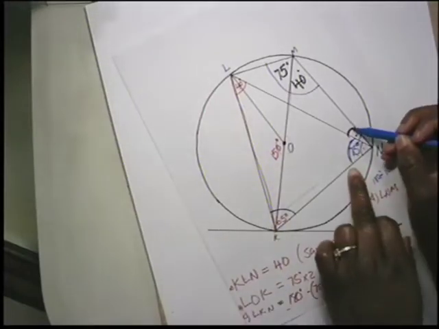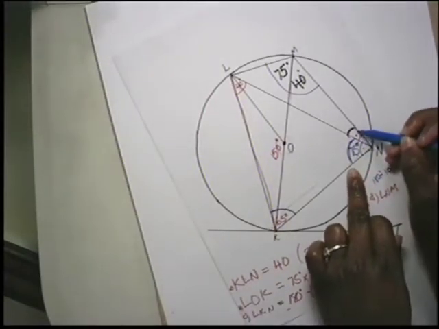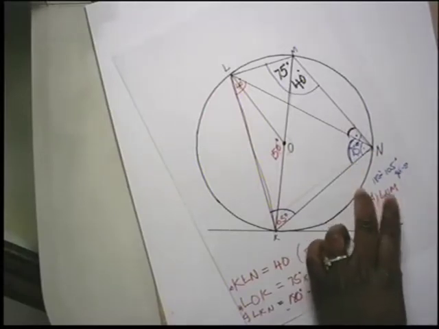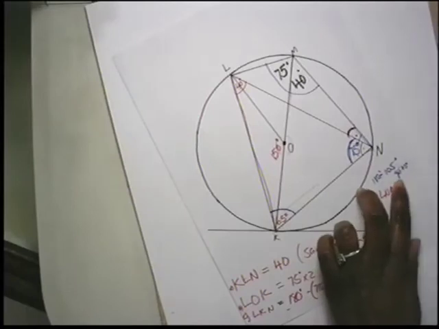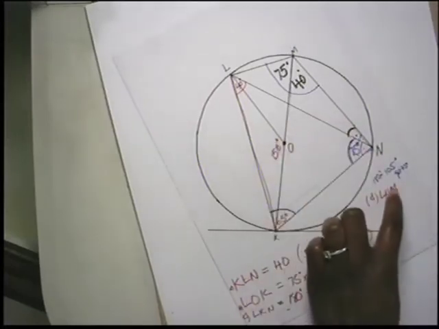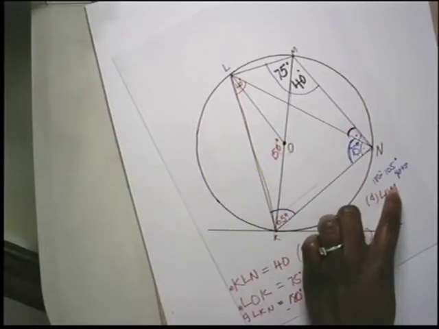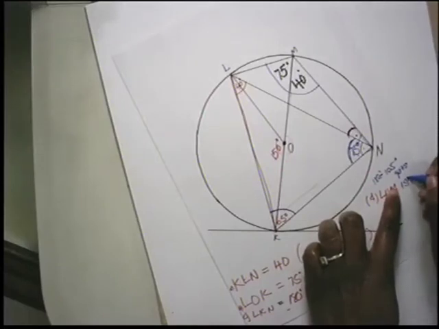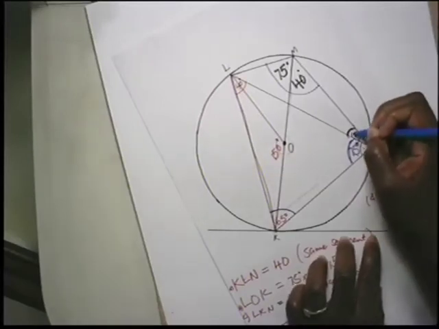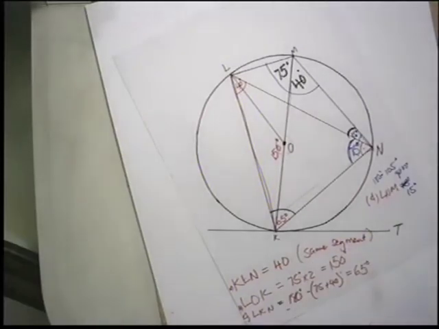Okay, how can we get this angle now? Remember, this is a right angle, so it's going to be 90 minus 75 degrees. Okay, 90 minus 75. So this angle here, take a small angle, is 90 degrees minus 75, which will give us 15 degrees. So this angle here is 15 degrees. The angle inside here is 15 degrees.